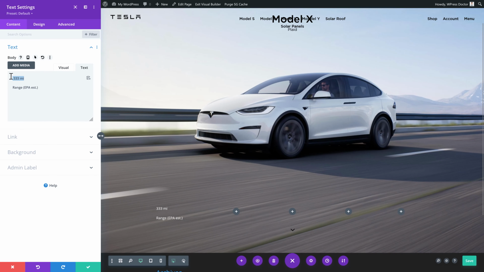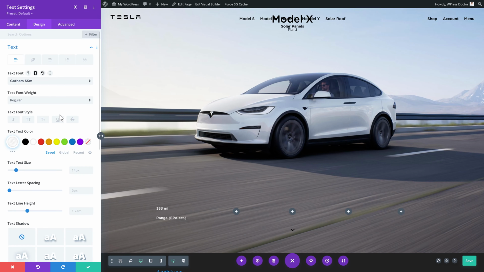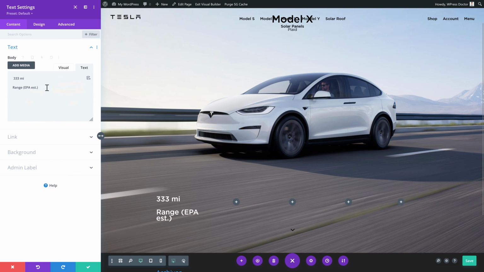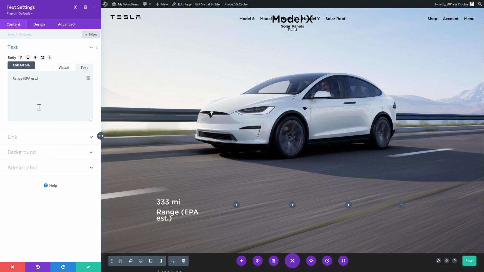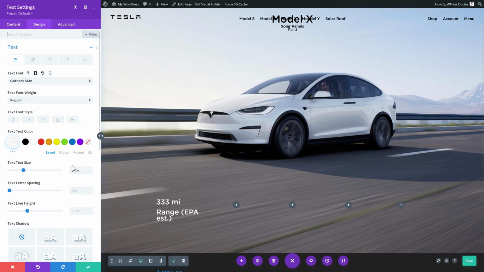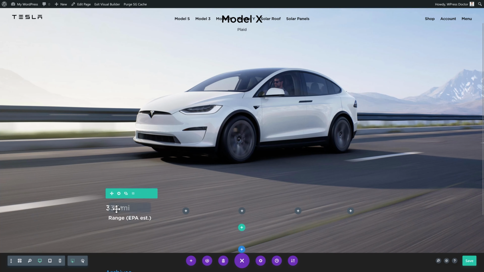Let's change this one. Go to design, go to text. Gonna make it the same font. Let's turn it into 28 pixels. They don't have, this one is smaller. So what are we going to do? We're going to just duplicate this one. And then we can create this one. This one is smaller. So we go to design, sizing, and I think it's 20. That's great. I'm just gonna align it in the center like this. Also this one.